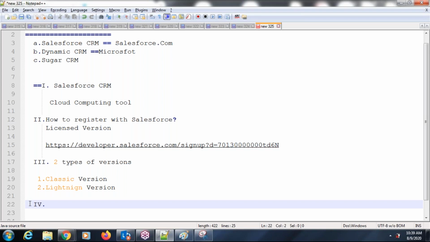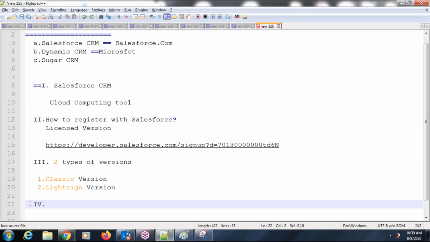But in Java, for everything we have to write a program. Suppose we get one requirement in Java, we have to write a program. But in Salesforce, it should not be like that. We check whether the requirement is possible with configuration, that is, without writing any programming. If yes, we can achieve it, and we do that. If it is not possible, then only we will go with the programming.